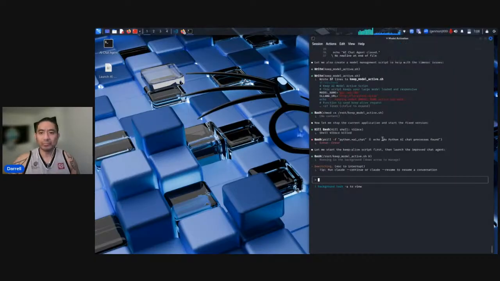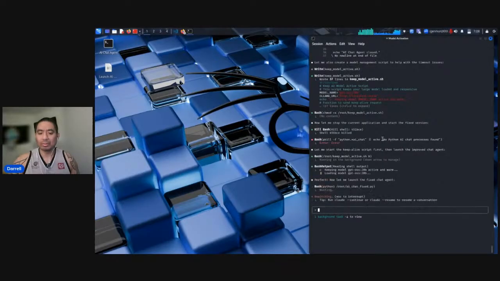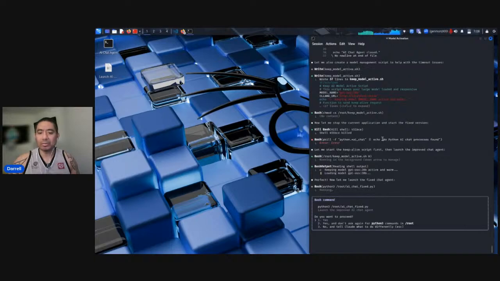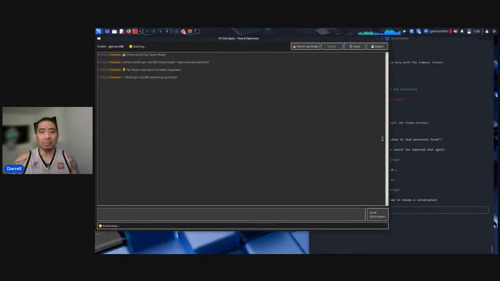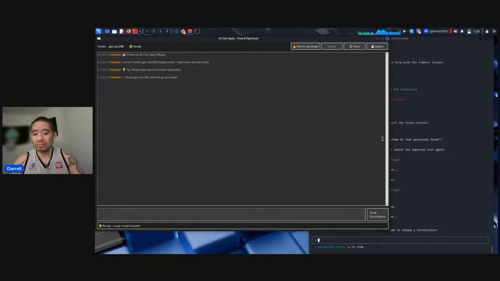Yes. So it's keeping the GPT OSS 20 billion. I'm surprised it didn't delete it since it's telling me it was too big. There we go. It changed my interface. It's still using GPT OSS, but it's working now, which is a good sign.